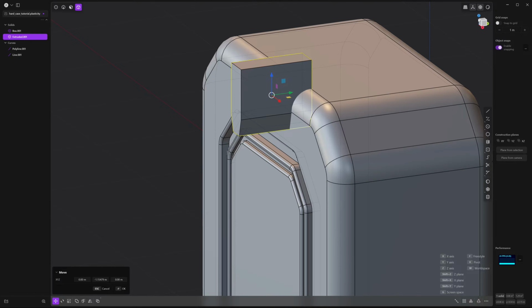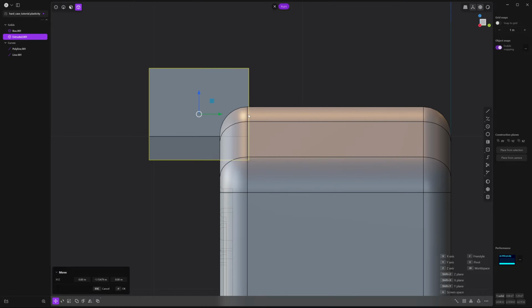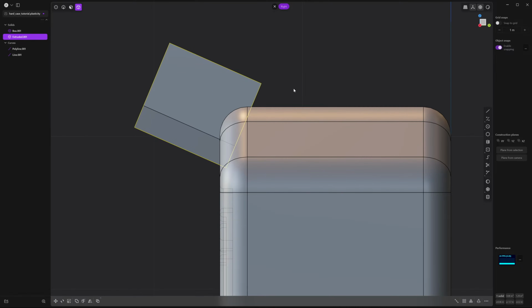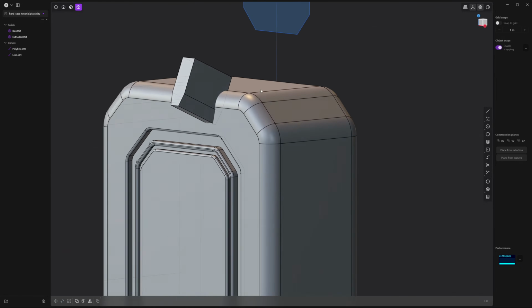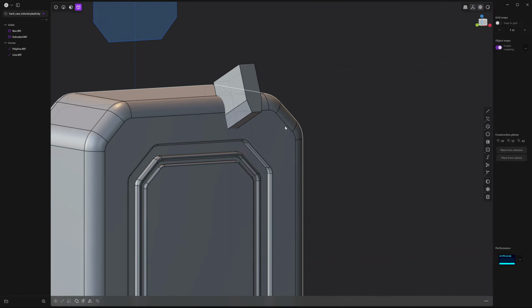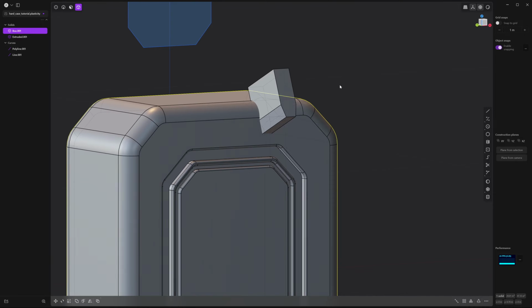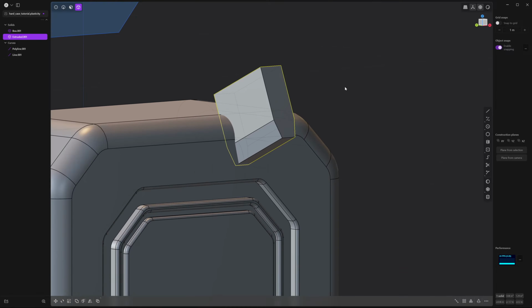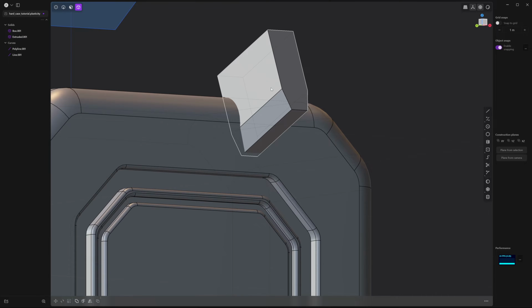And then I'm going to go to the right view by clicking on the right side of the view cube. And press R to rotate on the red X axis. I'm going to rotate it just a little bit. Press G twice to move it up. And let's go to perspective view to see what's going on. So you see this main body here is going to be cut out by this shape. So before we do that, we want to give this some rounding.